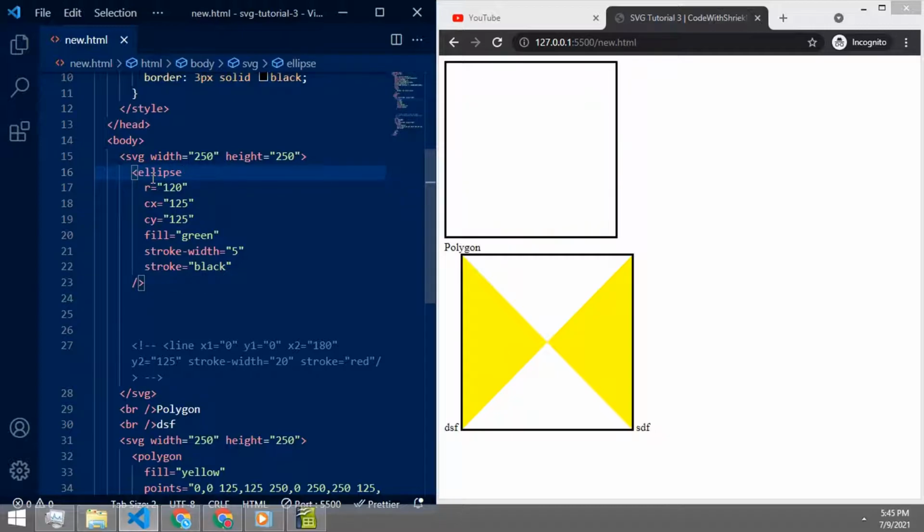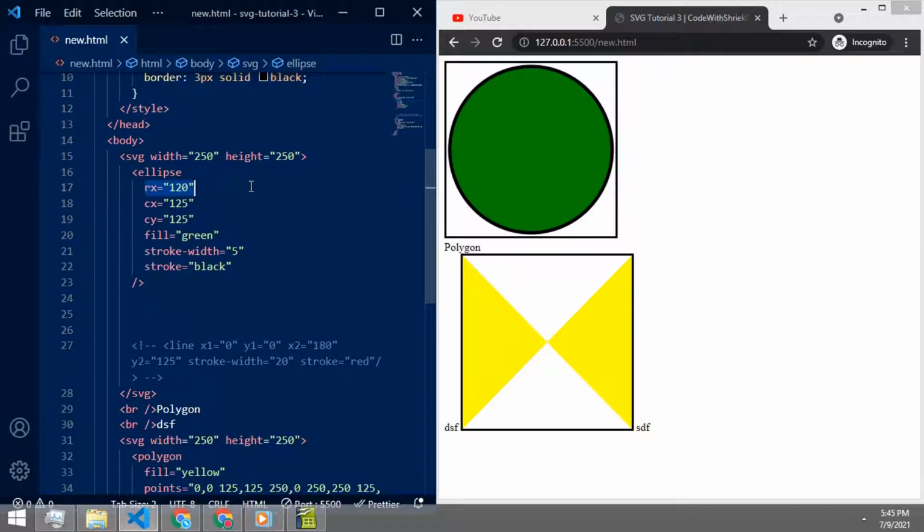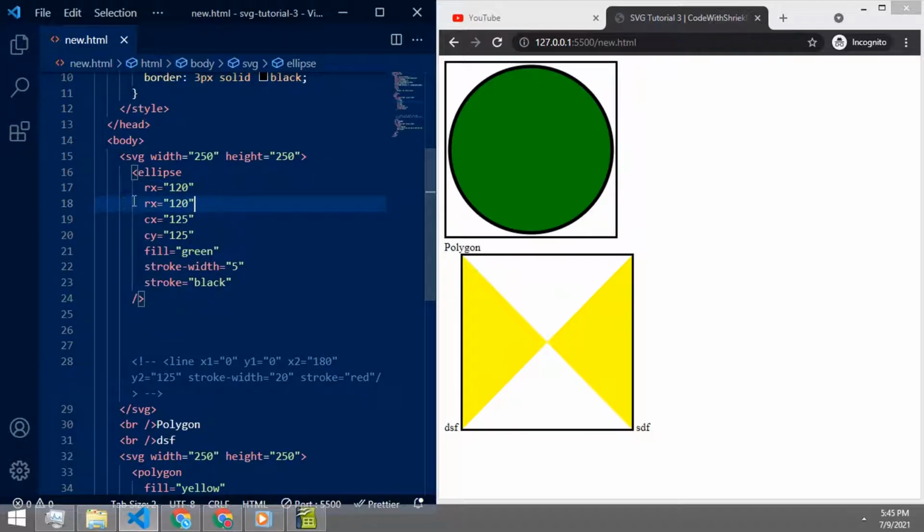We have to just change the circle name to ellipse, and instead of using r we are gonna use rx and ry. So what does it change? Nothing, because both rx and ry have the same values.